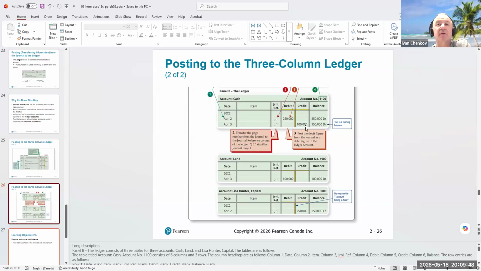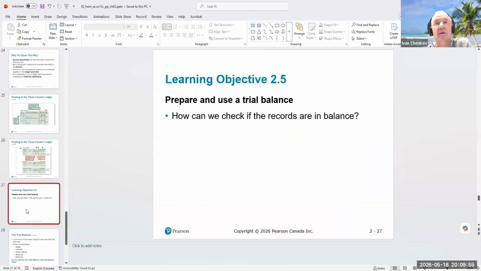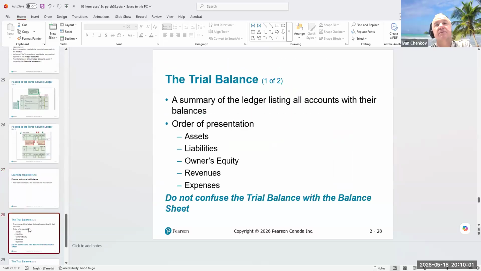And at the end of the period, we have to find out what's the balance for that particular account. Same thing that you see on your bank account. Once we do this,